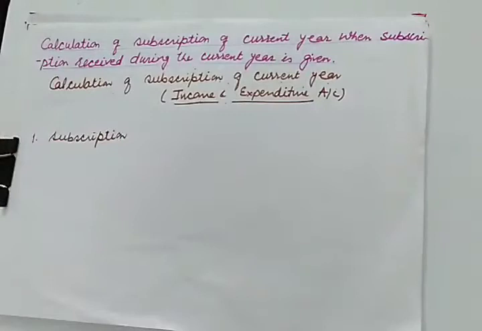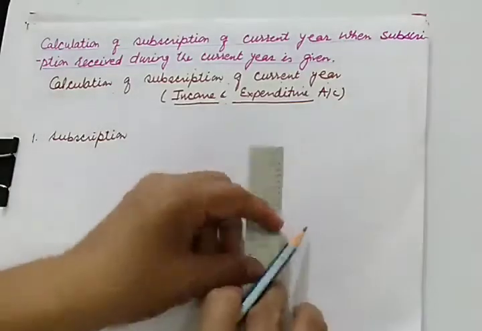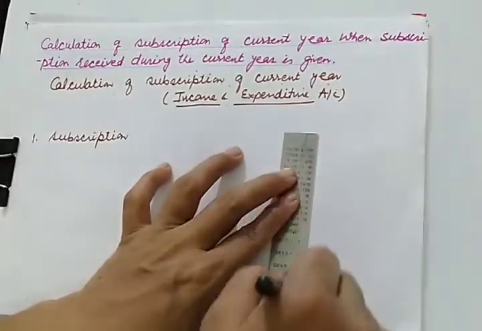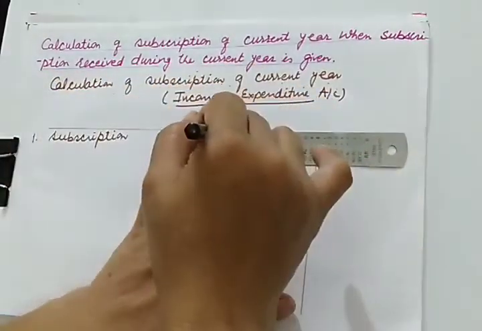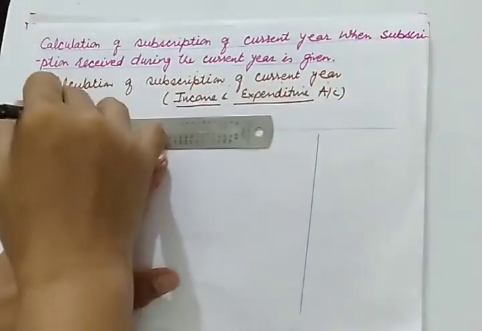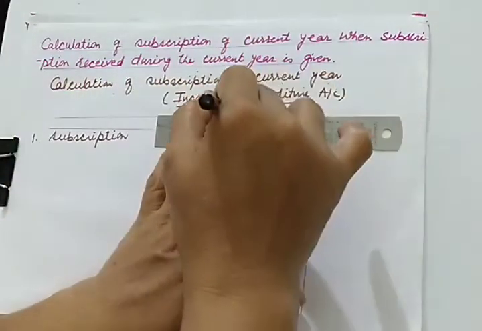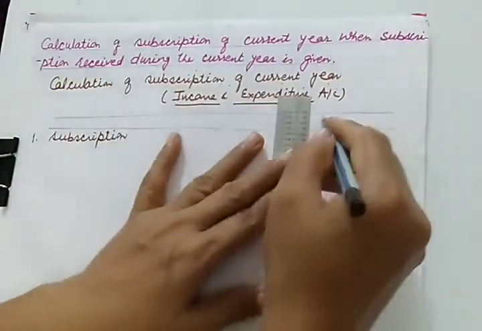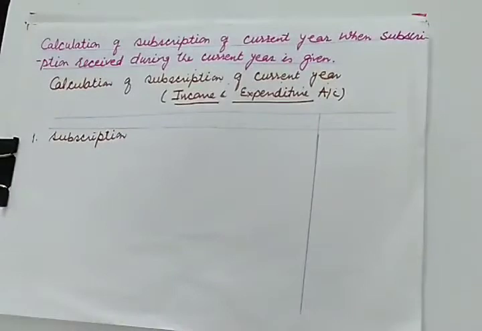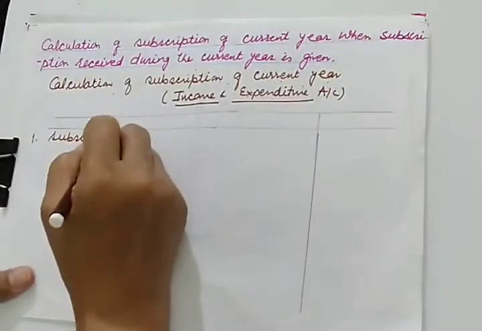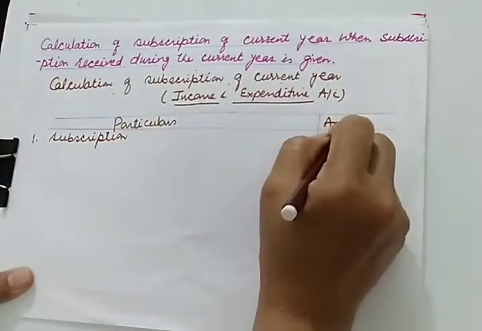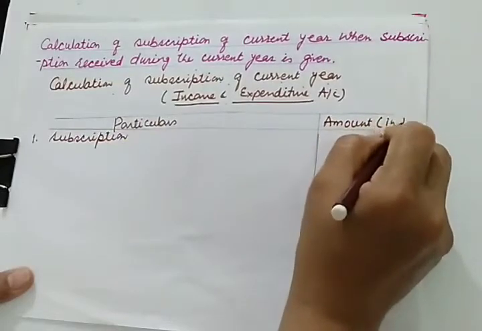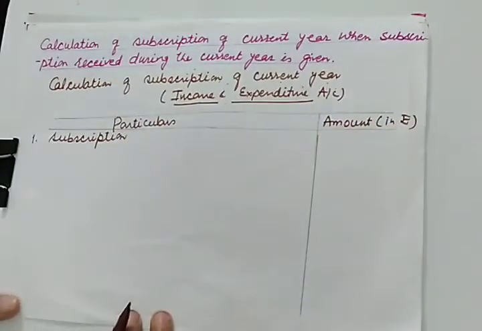You can make this in a simple statement format, because if you show this in format form it will be more impressive. So you can draw this format of statement. Here we'll be writing particulars and amount in rupees. So, subscription